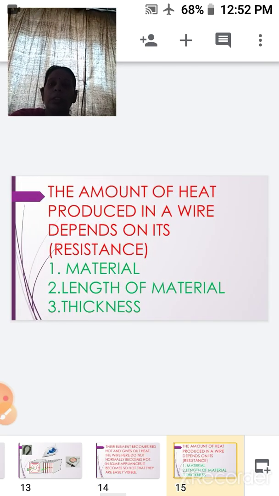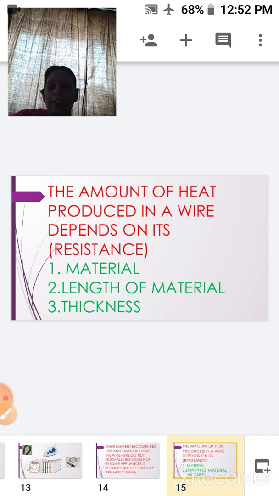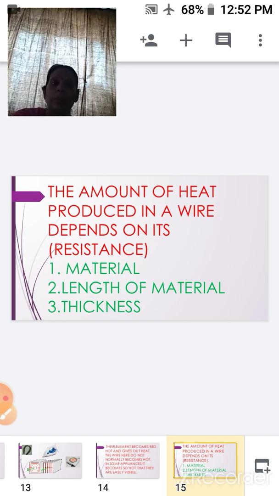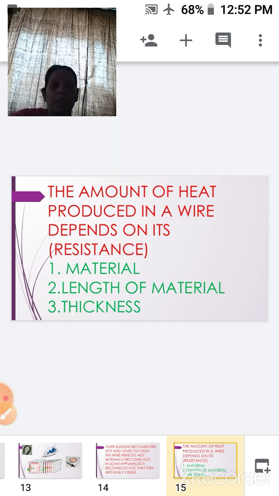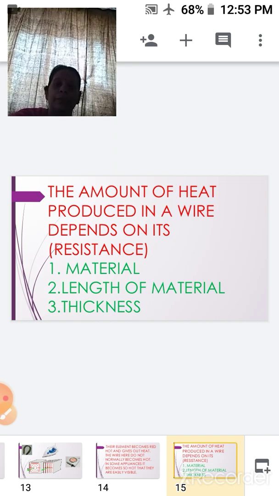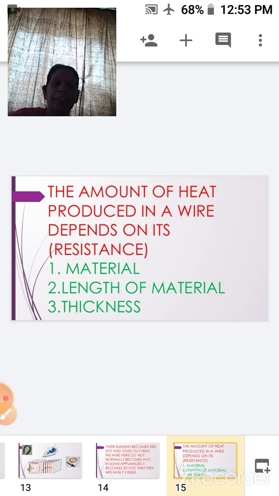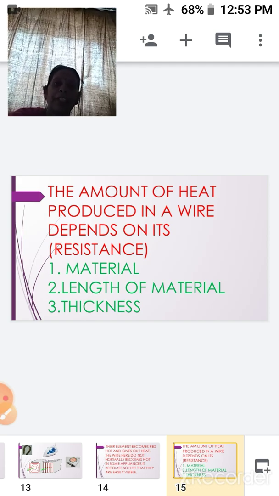Now the amount of heat that is produced within a wire depends on its resistance. Yesterday in the period, when I was telling you about the glowing of the bulb, how the current flows and why the bulb becomes warm, I introduced you to the term resistance. Here I will tell you on what factors this resistance depends.